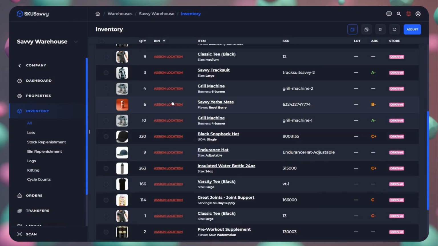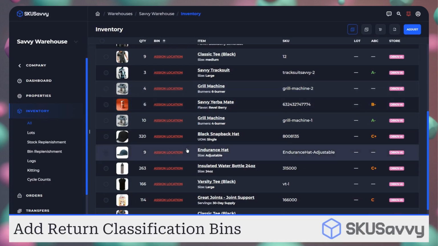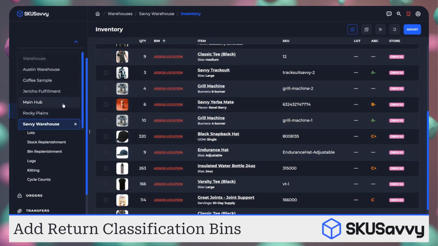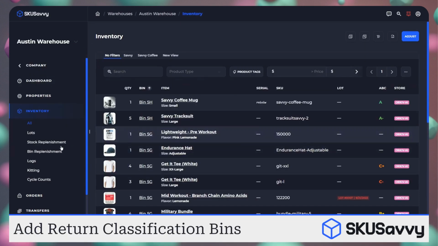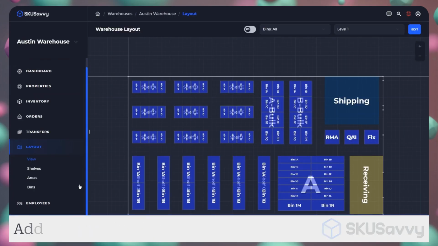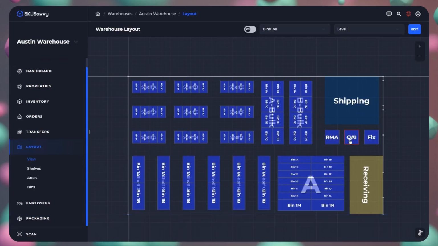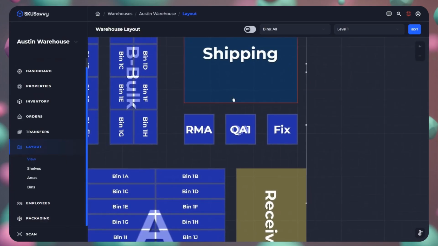Now, a couple of other considerations when we're talking about bringing stock back into the warehouse. I'm going to jump over into our other warehouse here. What you may consider doing is setting up a couple of different return bins. So as you can see, I've set up an RMA bin. We also have a QA bin or a fixed bin. So as that stock comes back in, we could simply allocate it over to one of our visual bins on the map. And that way we have a place that we can actually go and deal with the stock once